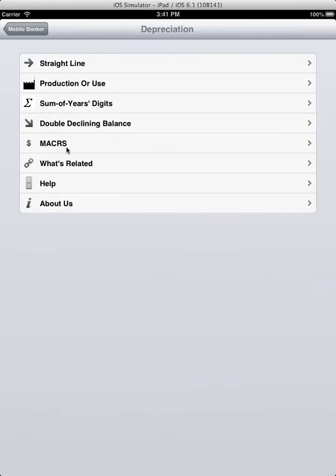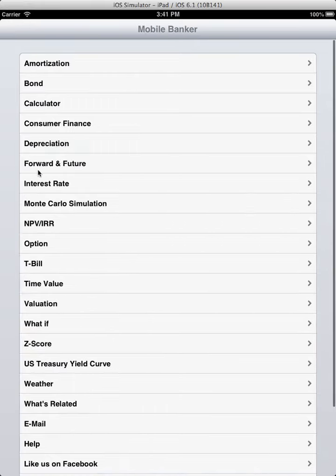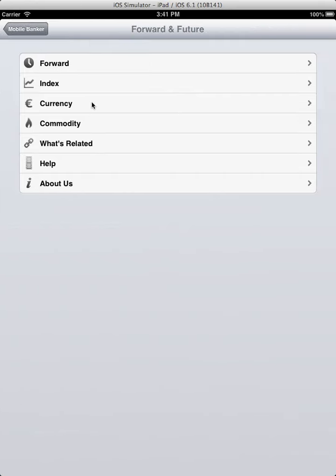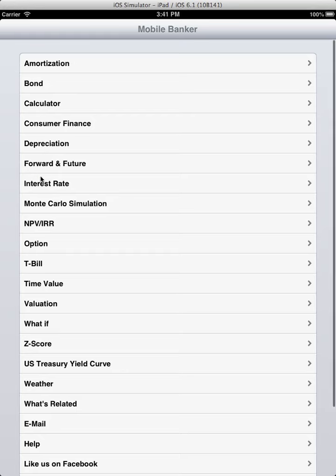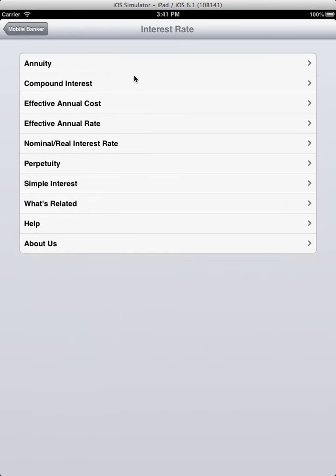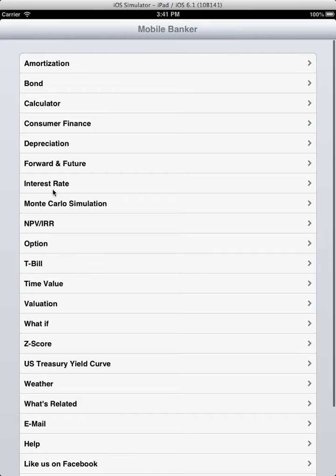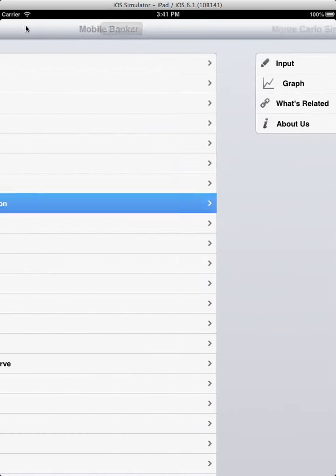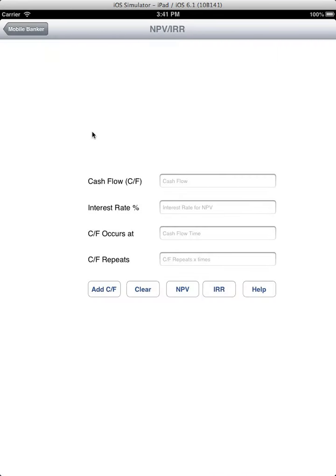It covers depreciation, straight line, production or use, sum of years digits, double declining balance, makers. It covers forward and future, covers forward and three futures, index, currency and commodity, covers interest rate, annuity, compound interest, effective annual cost, effective annual rate, nominal or real interest rate, perpetuity, simple interest, covers Monte Carlo simulation, covers NPV